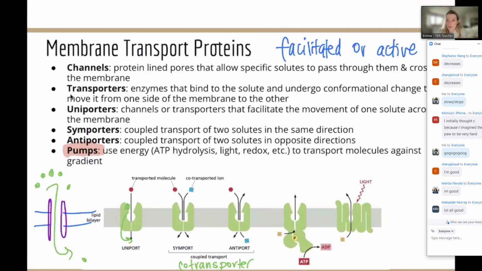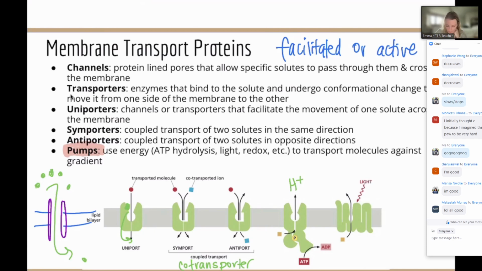Basically, we're using the energy from the ATP to send through, in this case, a hydrogen ion, but it could be something else as well. It could be a really large molecule. It could be a whole protein. You never know. But typically with pumps, we can think of energy. We're using energy always. These other examples of transporters or channels are typically not using energy, but transporters in general, that term, could or could not be using energy. So it's important to keep that in mind.